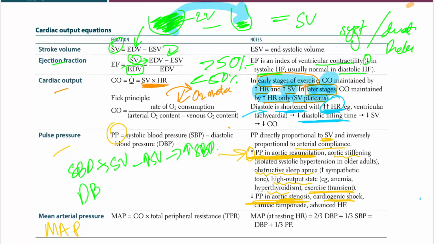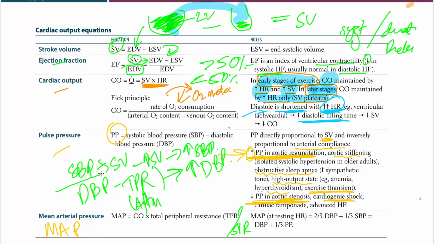What is diastolic blood pressure? Diastolic blood pressure is determined by your TPR, total peripheral resistance, or SVR, systemic vascular resistance. So as you increase your total peripheral resistance, which is again your afterload, you increase the diastolic blood pressure. So systolic blood pressure is determined by the stroke volume, while diastolic blood pressure is determined by TPR, total peripheral